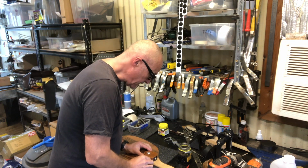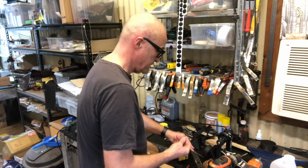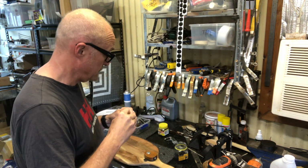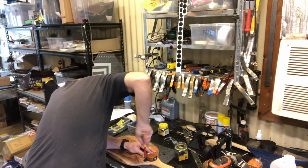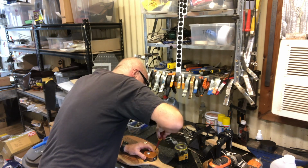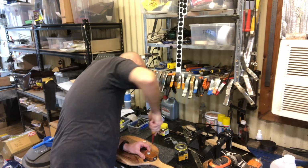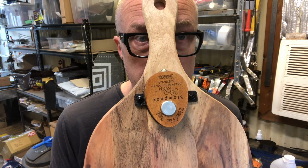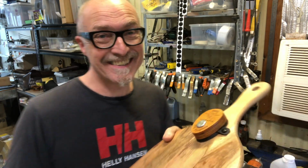So, now we have 2 little pilot holes. We get some screws. The screws come in the DIY pack. You've got to have a screwdriver. So, that goes down into the hole we just drilled. A couple of turns. Same with the opposite side. Voila! There's your egg mounted onto the board. So it's like a cheese and egg board, I suppose. Now,